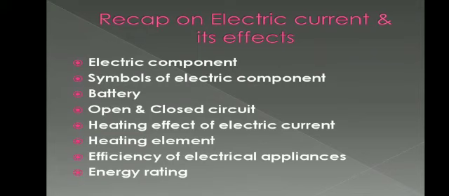What is a battery? It is a combination of two or more cells. The battery can be used in several devices such as toys, remote control, torches, and transistors. Open circuit. When the key is switched off, then it is said to be an open circuit. That is the incomplete circuit. Closed circuit is a complete circuit. When the key is switched on, or we are closing the circuit, that is a closed circuit.